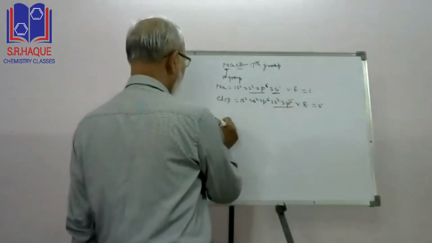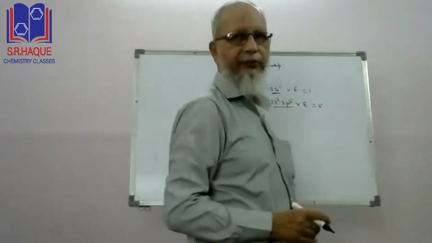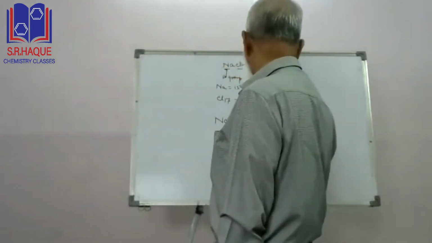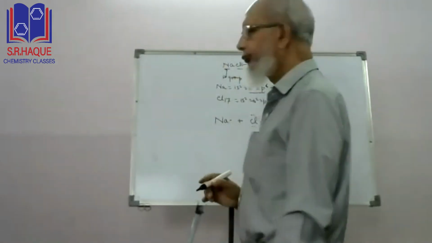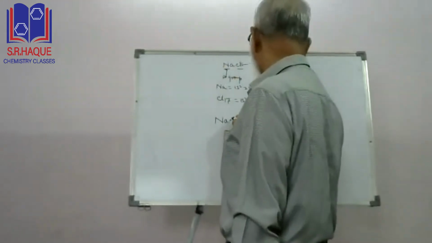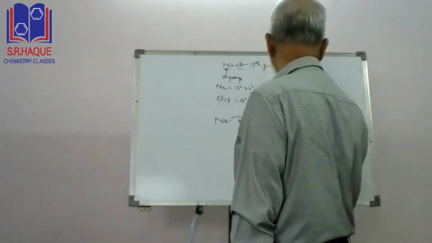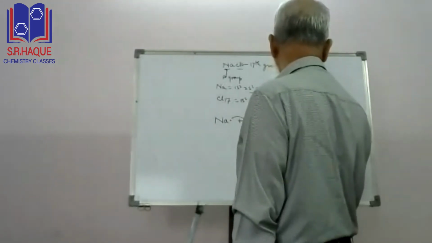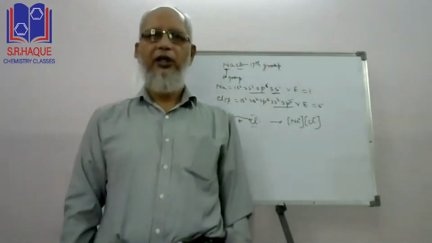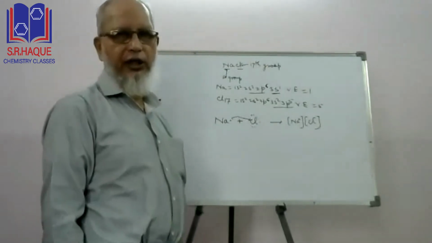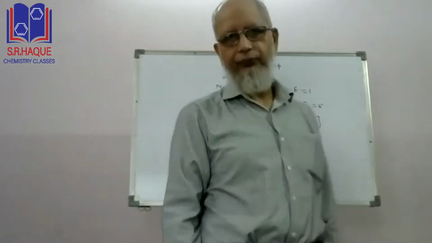So this is your sodium containing valence electron 1, represented by Lewis dot structure. Chlorine. Sodium will transfer its one electron, so there will be formation of Na plus and Cl minus ion, which are held together by electrostatic force of attraction, and that's why this bond will be called electrovalent or ionic bond, and this compound will be called electrovalent or ionic compound.